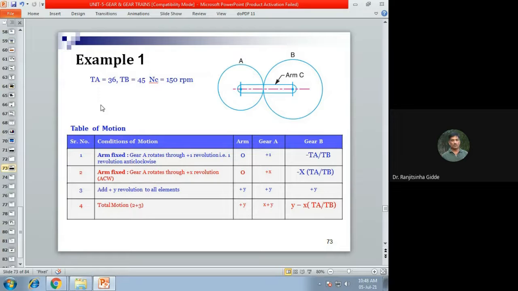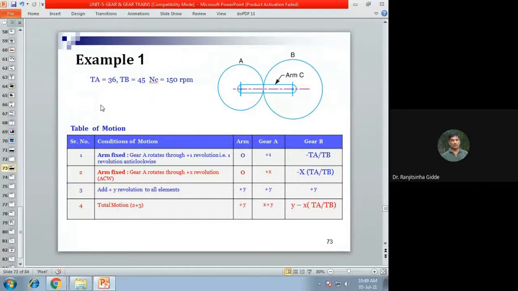ओके. हा, टी ए आणि टी बी ची व्हॅल्यू दिलीस की सर, ते परत टाकायचं सांगतोय ना. आता फक्त काय करायचं माहित आहे का? पहिल्यांदा गिवन डेटा लिहायचा आपल्या माहितीसाठी आणि पूर्ण टेबल कंप्लीट करायचा आणि त्याच्यानंतर ज्या कंडिशन दिलेत ते स्टेटमेंट मी दिले तुम्हाला. काय स्टेटमेंट दिलं होतं? सो इफ द आर्म रोटेट्स ॲट 150 rpm in the anti-clockwise direction about center of gear A which is fixed, determine speed of gear B.